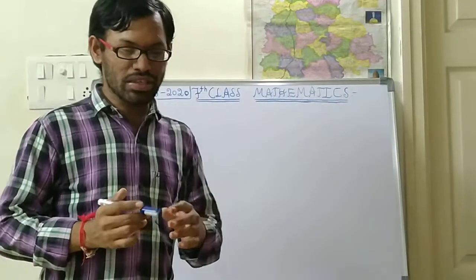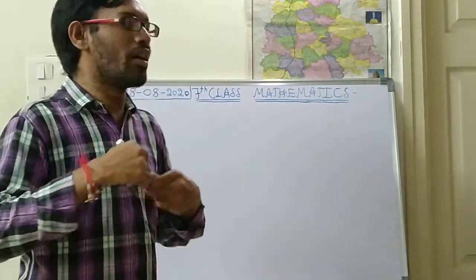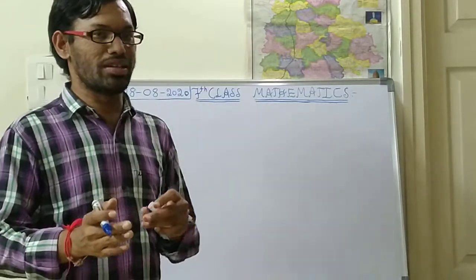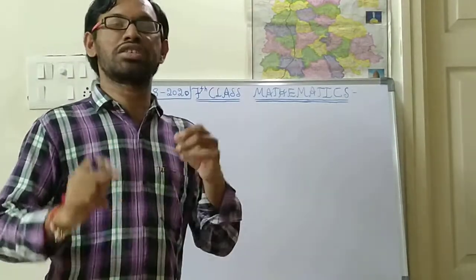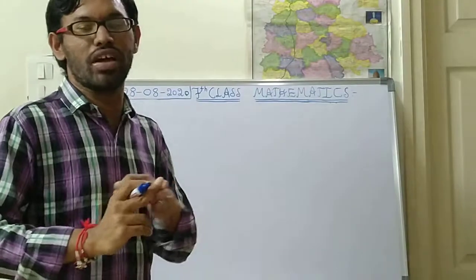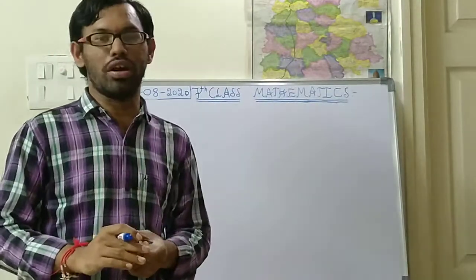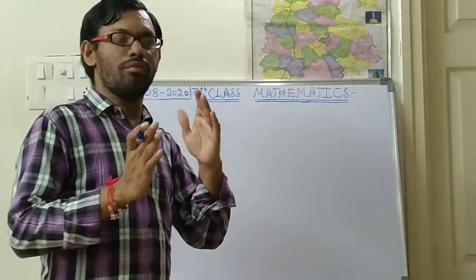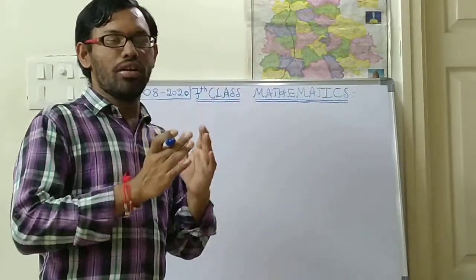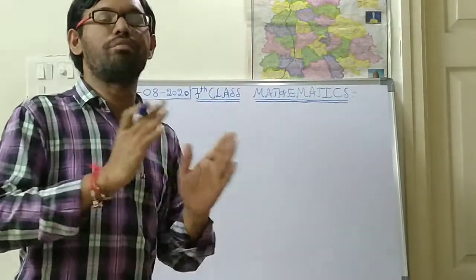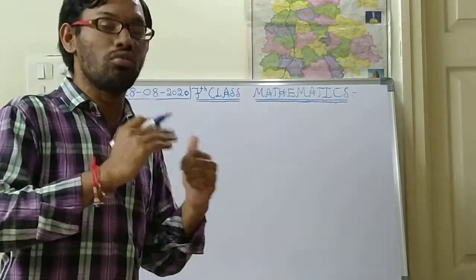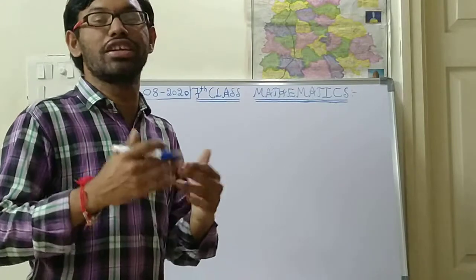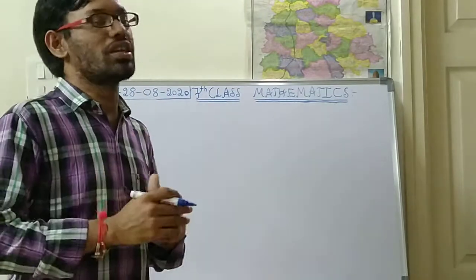In the previous class, we completed the multiplication of fractions with whole numbers, either a proper fraction, a mixed fraction, or an improper fraction with one whole number. In today's class, we shall see what the result will be if a fraction is multiplied with another fraction, and how the pictorial representation will be.